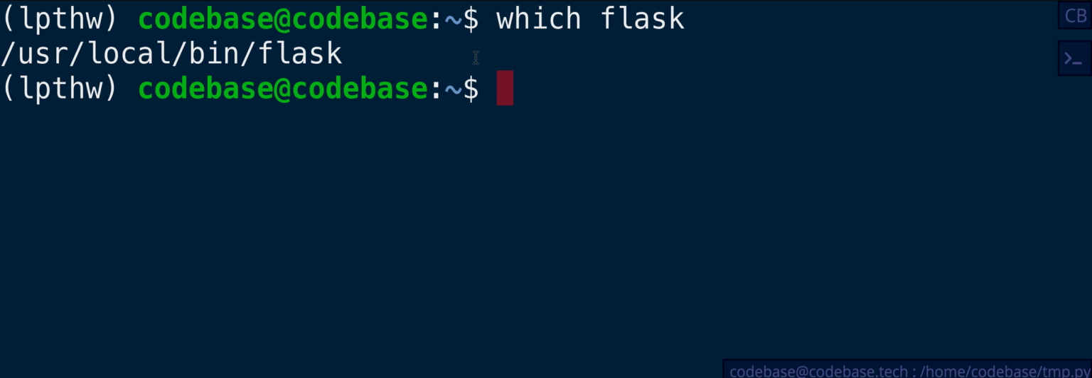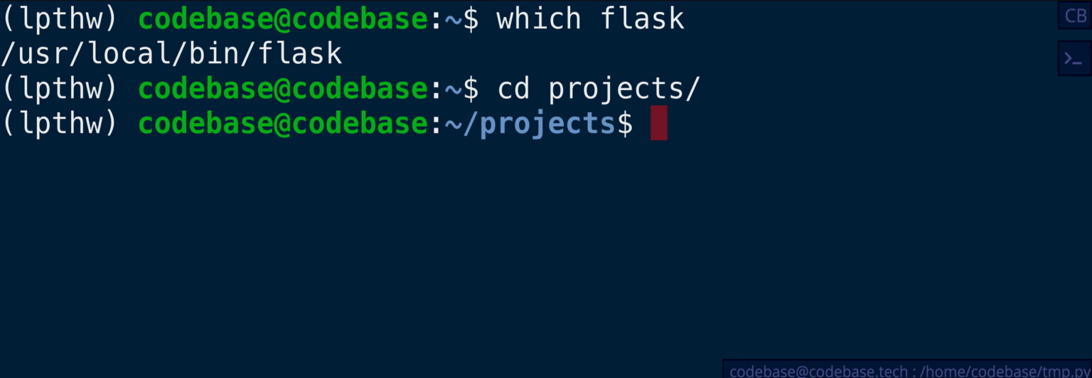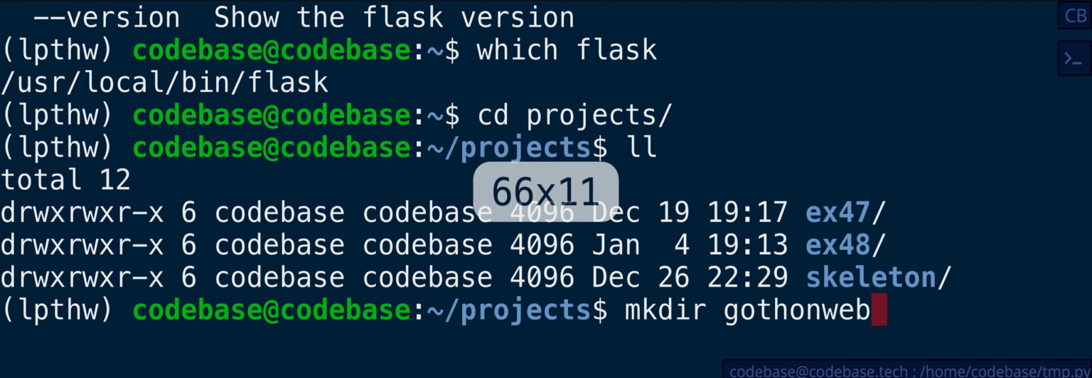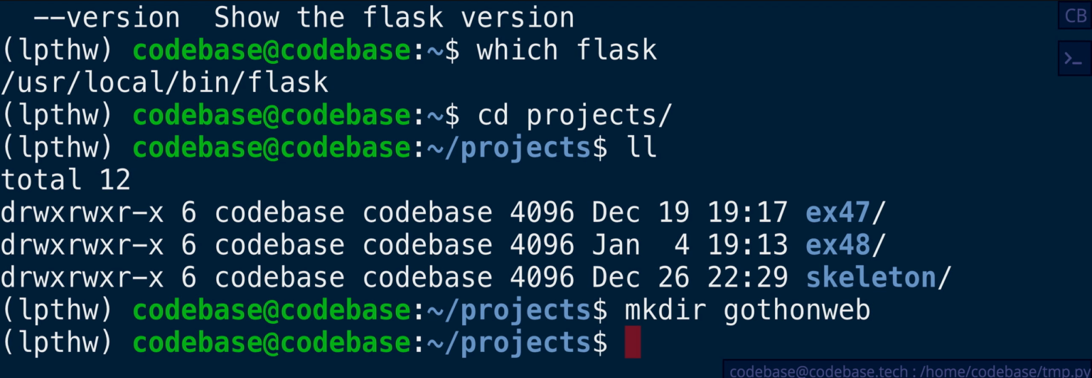Now, making a simple Hello World project, we'll go inside cd projects, ll, mkdir gothonweb. And I'm wondering why we're not copying the skeleton, but never mind. mkdir gothonweb, cd gothonweb,